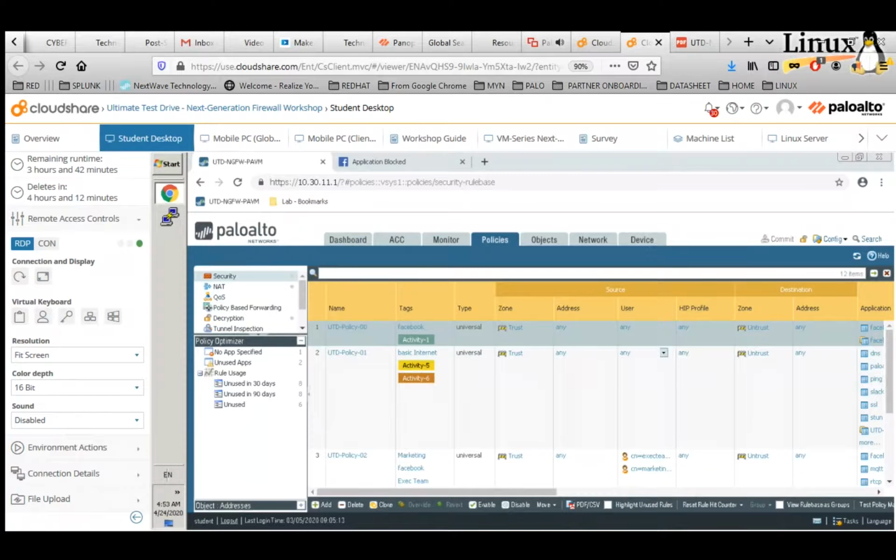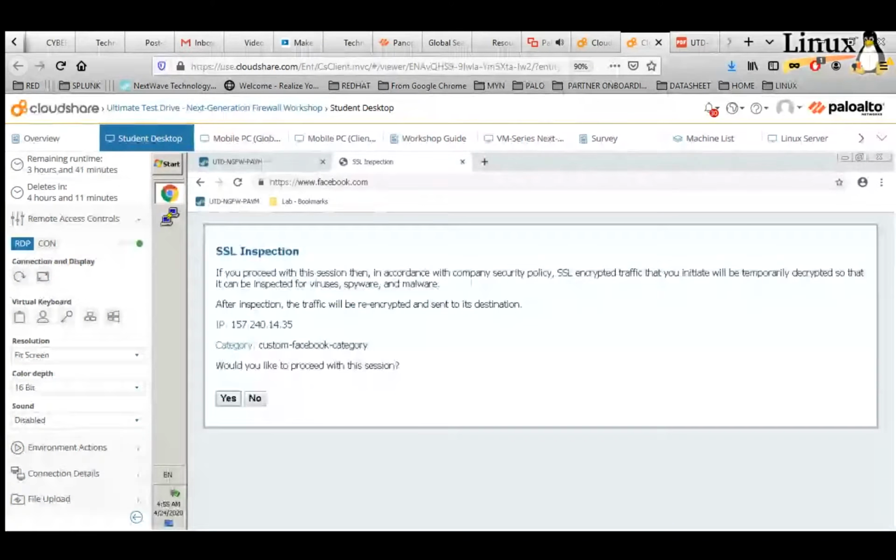I'm sorry, my network is becoming a little bit slow. Very interesting. So you can see now that there is something that has popped up. It has not blocked yet, but there is something written about SSL in the company policy.